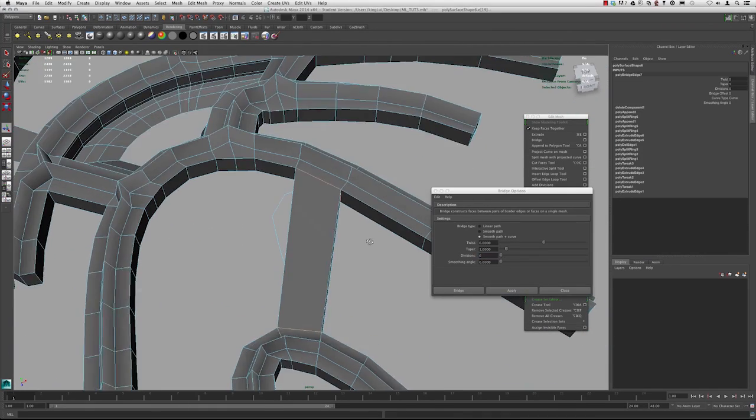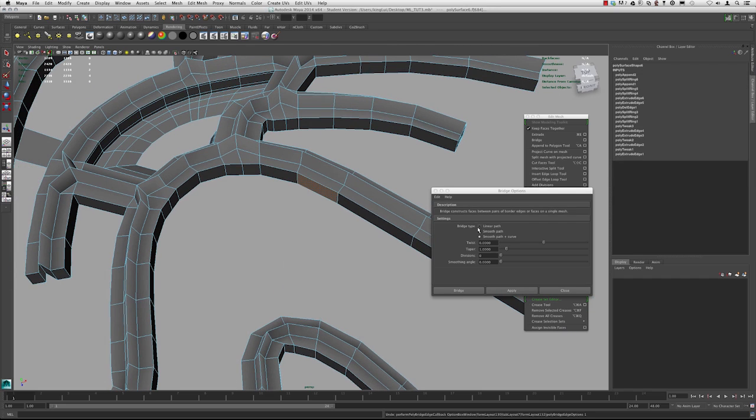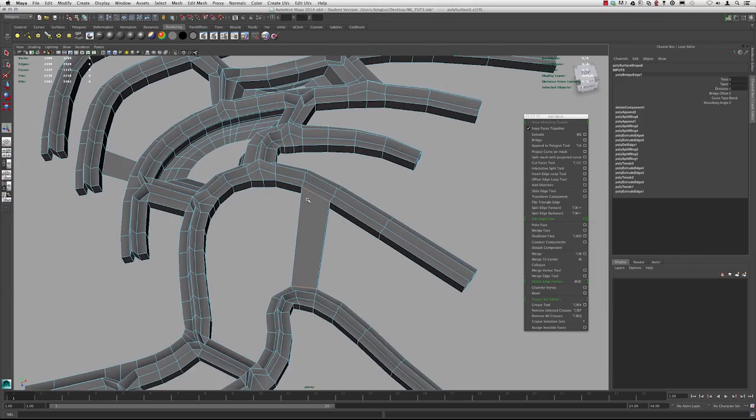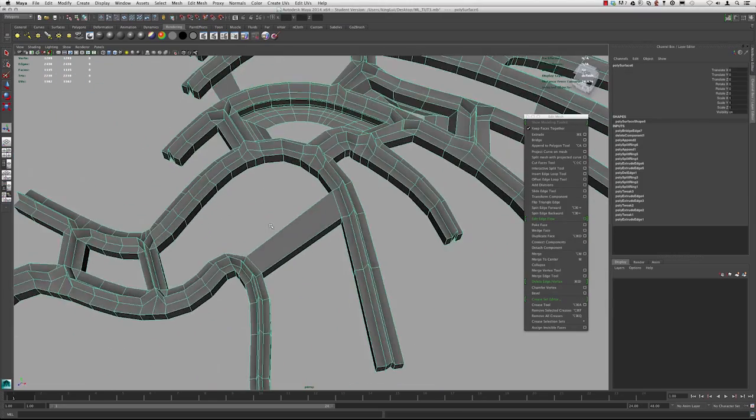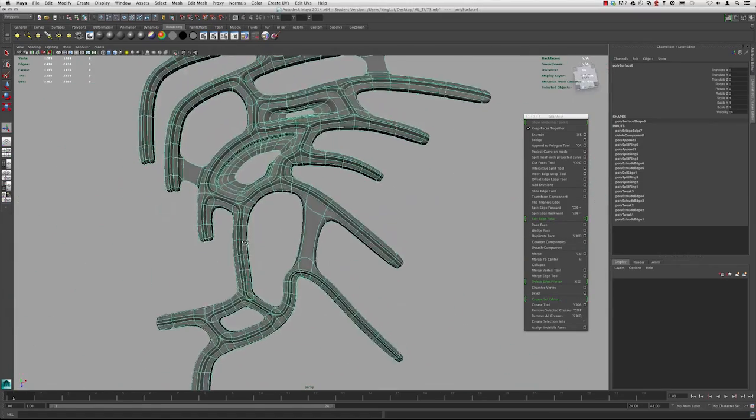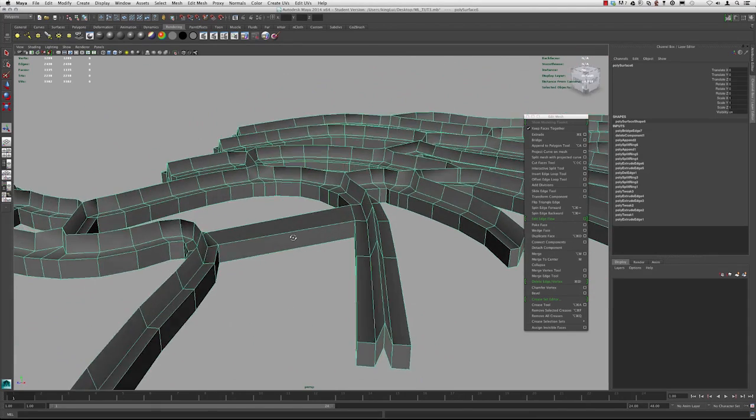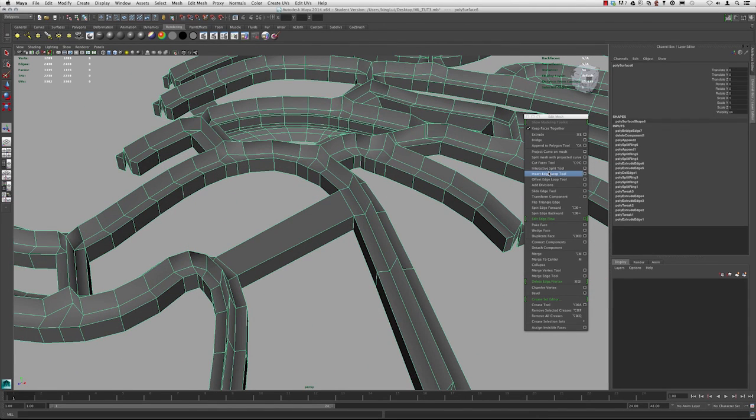I'm actually going to use 0. And sorry, I don't want the curve. I'm just going to do smooth path. And I'm just going to close it. And so then I can come in this position and add insert edge loop tool here,